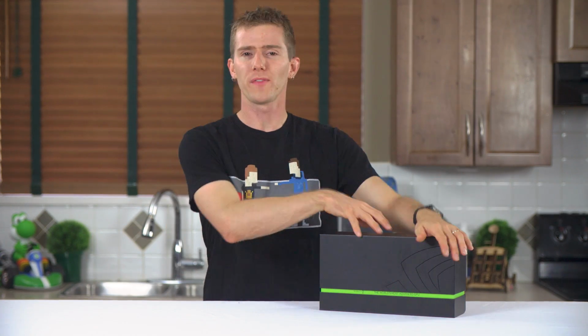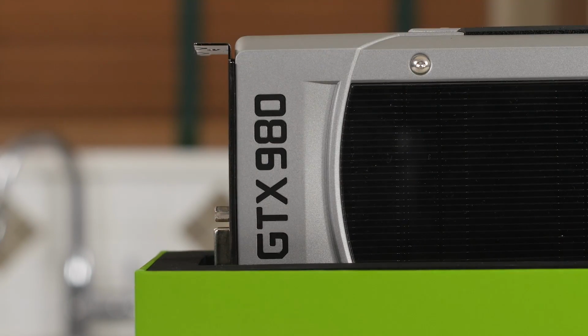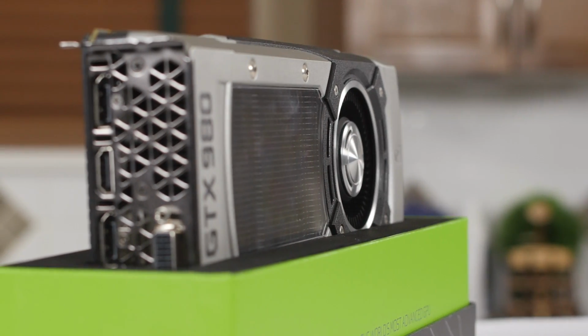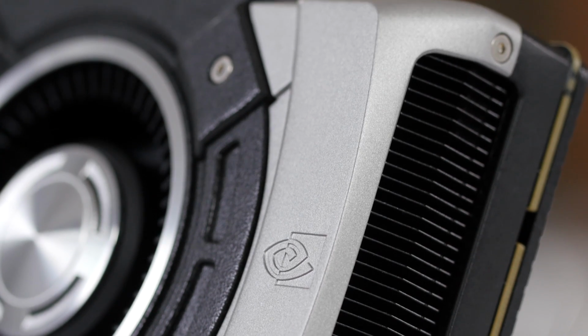As usual, we'll start with the unboxing and physical overview. The media sample GTX 980s come packaged in this sweet box that has the card upright, looking all majestic with its magnesium alloy fan housing, aluminum frame, and trivalent chromium plating with...